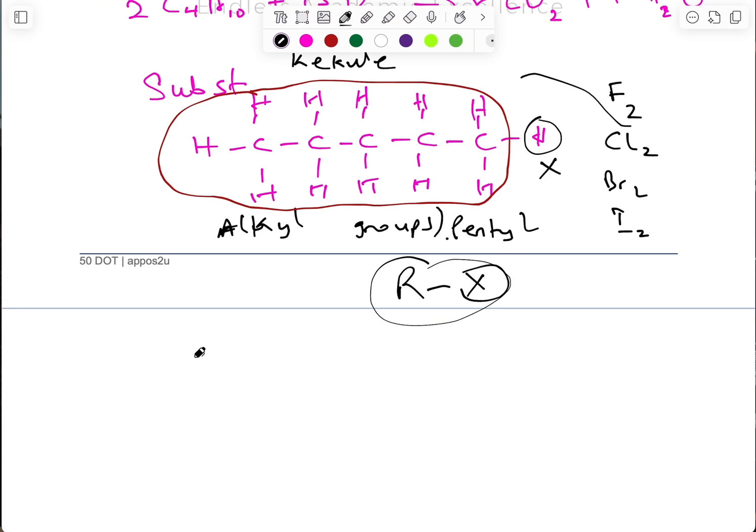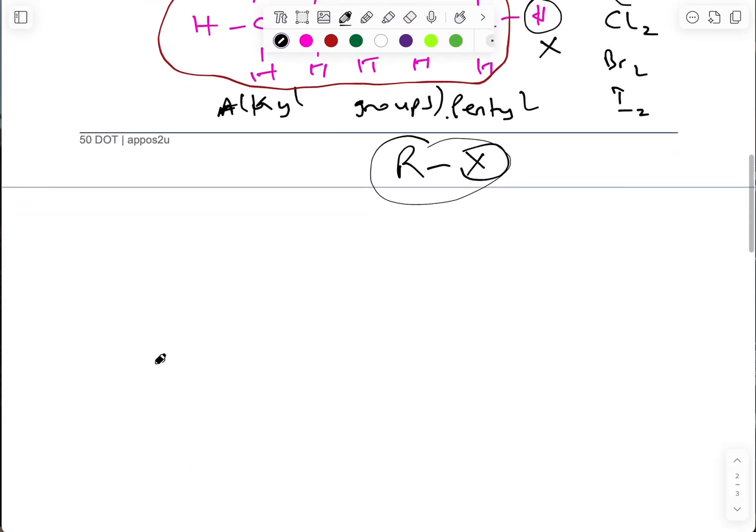How do you name an alkane? To name an alkane, basically what you do is count the longest carbon-to-carbon chain. So if you have, let's say, something of this nature now,